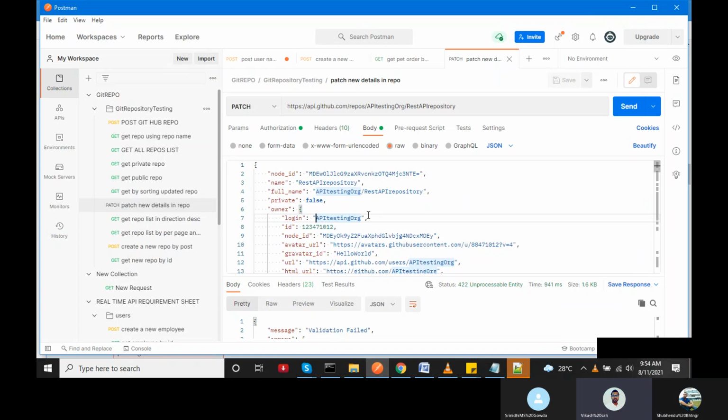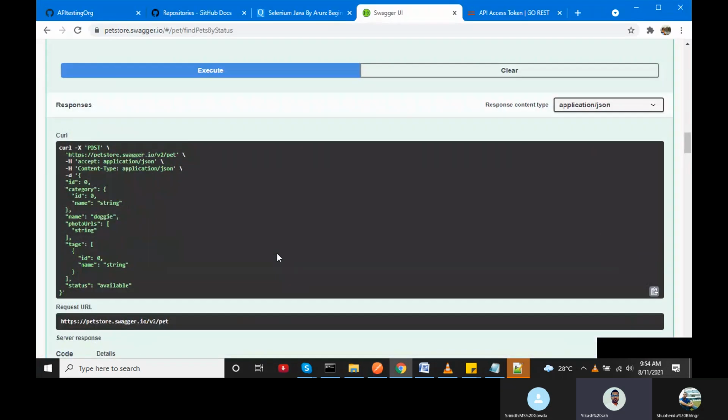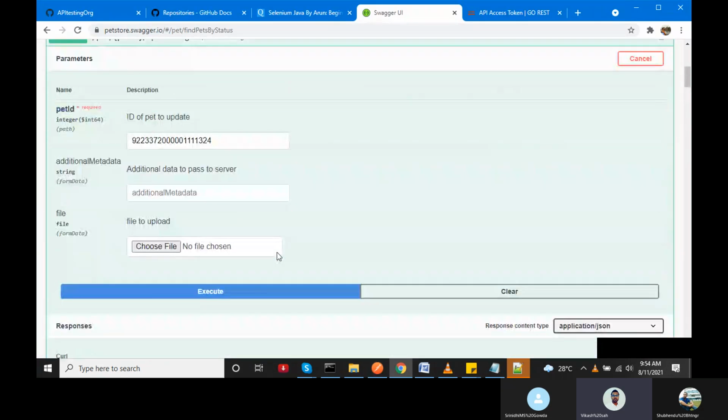That's why I think we are missing something to update. That's why it's saying 422 unprocessable entity. The requirement is not properly matched actually. So don't worry. If you are getting that, do not waste time behind it. At least you have some other example to do the patch operation. Yes, sir. Okay.